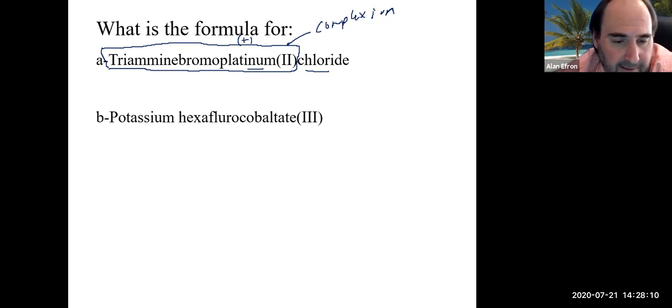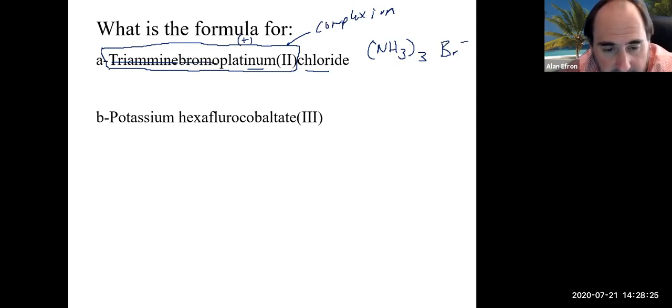So taking the pieces here, triammine, ammine is NH3, and tri means we have 3 of them. So that takes care of that part of it. Bromo is Br minus. That takes care of that part. Platinum 2 tells me I have a Pt with a +2 charge. So now I have pretty much all the pieces I need to build my complex ion part. So I pop that into some brackets,